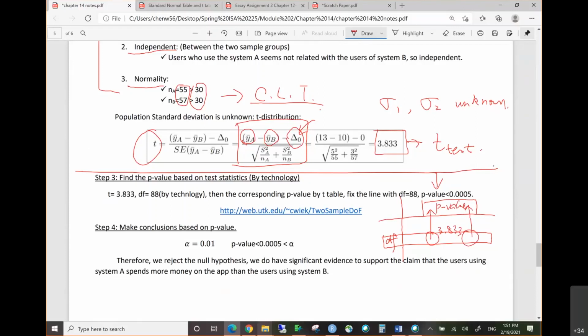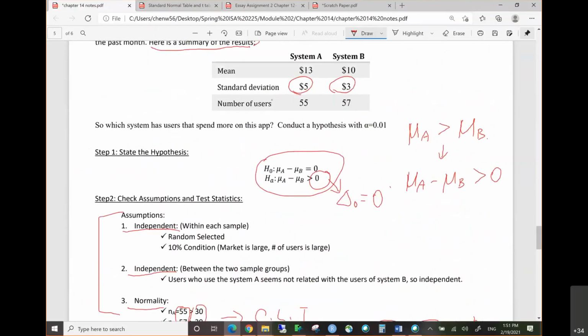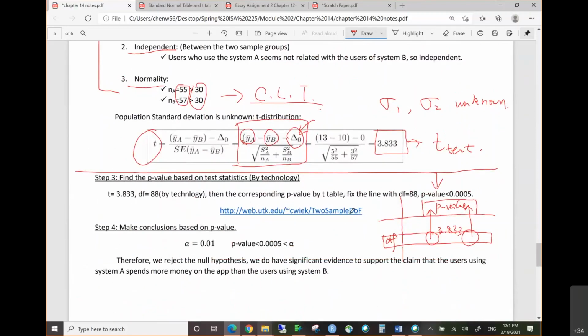right? So the only thing left for us to find the p-value is to determine what is the degree of freedom, right? So we can plug in the sample sizes, S1, N1, S2, N2, into the Excel so that the degree of freedom will be given to you, right? In the last class, we have already showed how to find the degree of freedom by the Excel, right? So after you calculate the degree of freedom, which is 88, then we can go to our table,